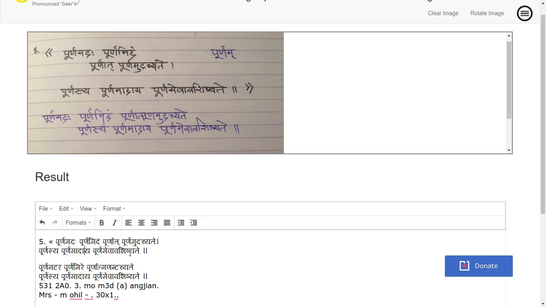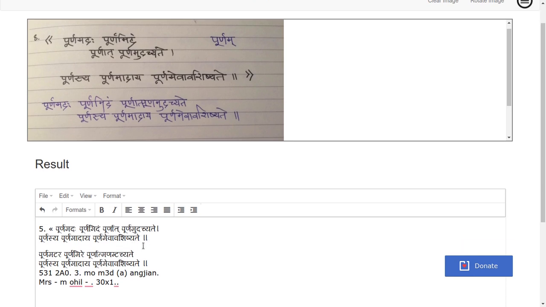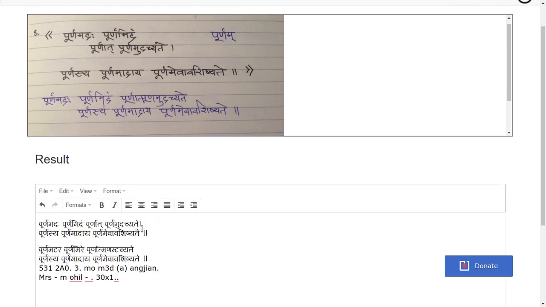Purnamevava Shishyate, that is also converted properly. You can observe that this has ignored this particular symbol. However, it recognized here. So these kinds of minute problems are present in this particular tool, which can be suggested to the author or the developer, who might improve it.